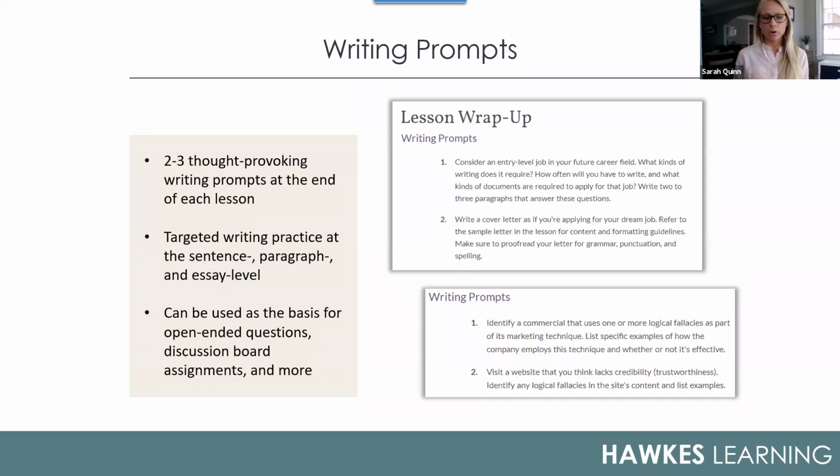This is something that we've heard over the years, instructors saying they really love to assign writing prompts to their students on a daily basis if they can, but it's hard to come up with them at the frequency with which they'd like to assign them. So by putting a couple of them in every single one of the 80 or so lessons that we have in composition, we hope that you will be able to really use these as a basis for not just assigning them